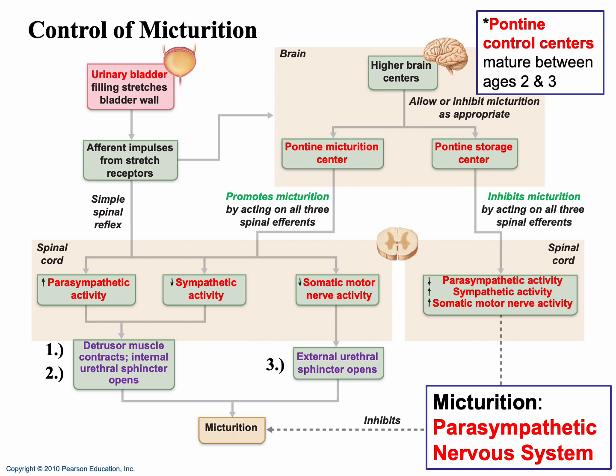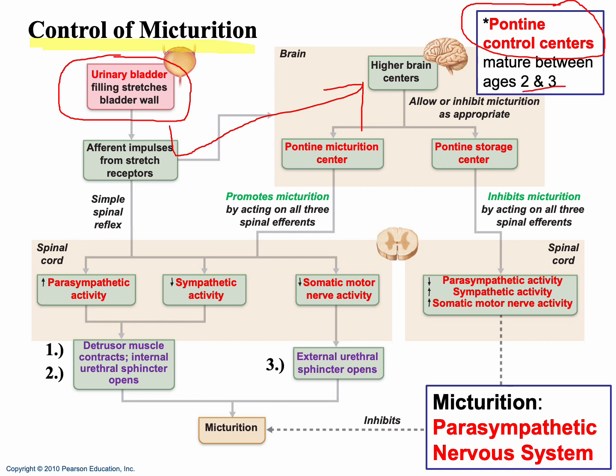This picture here ultimately is looking at the physiology involved with the process of urination, also known as micturition. So imagine you're drinking lots of water, or maybe lots of punch or whatever, and you're ultimately filling up that bladder. And the bladder walls are stretching. This eventually leads to impulses being sent up to the brain, to an area known as the pontine control centers. Again, they undergo maturation during the first couple years of our life. Signals then are sent through the pontine micturition center,